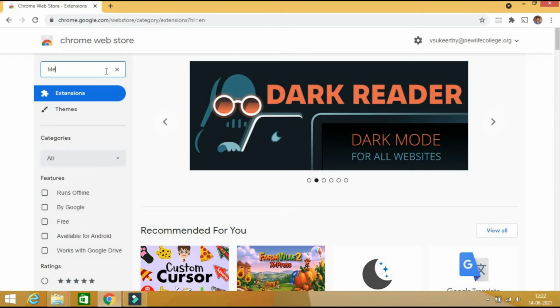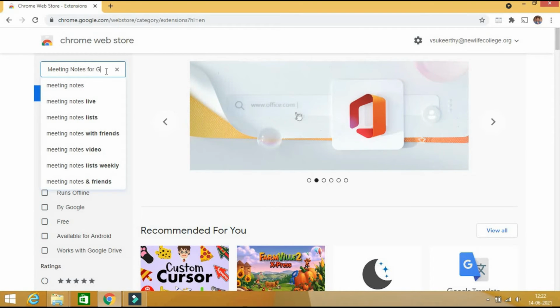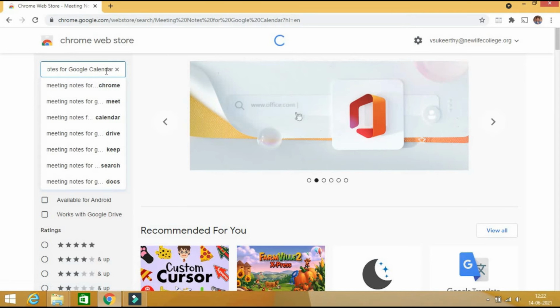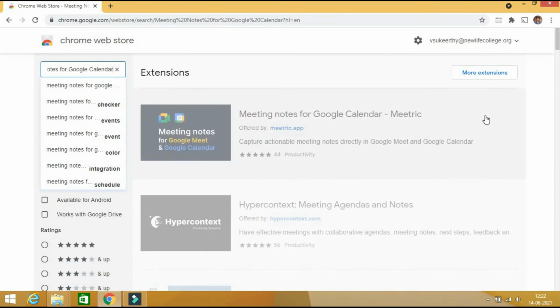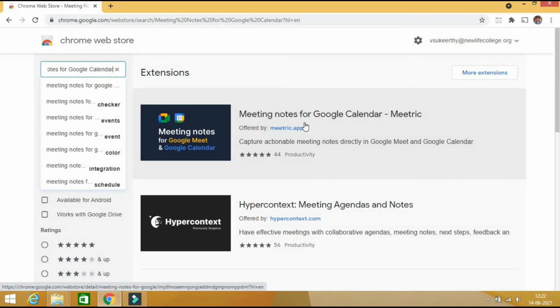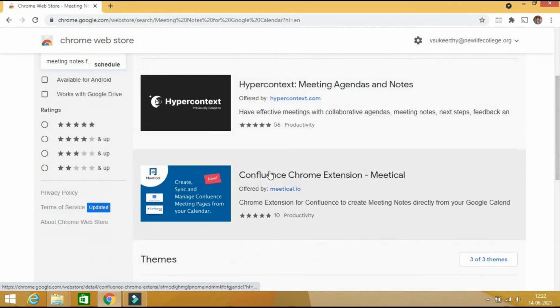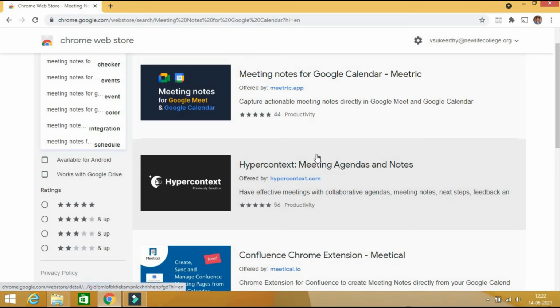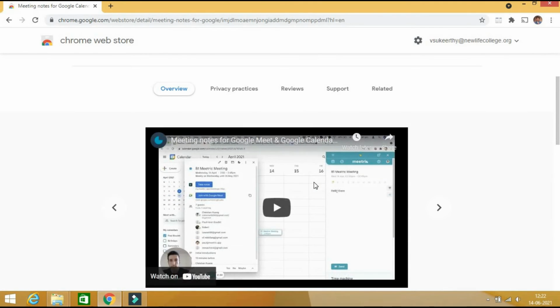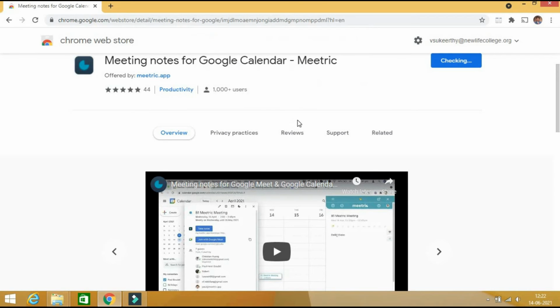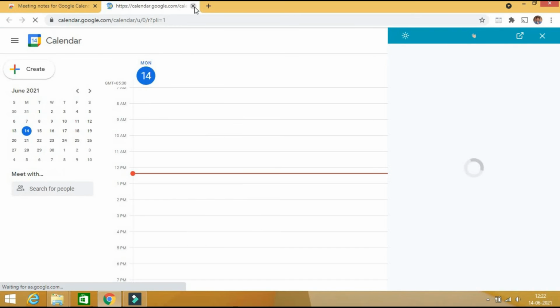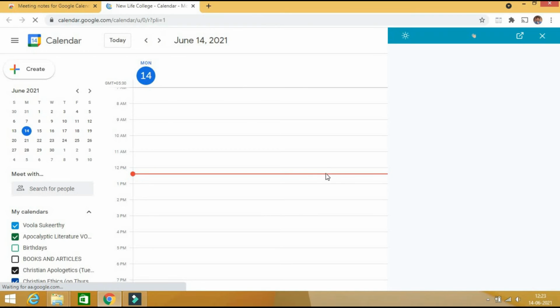Meeting Notes for Google Calendar is another handy extension. If you are very particular about taking notes in the official meetings of your organization, for example, you are in a Google Meet and during the meeting you want to take notes related to a meeting that is planned for the future, and you want to put that note in the calendar, you can do that in Google Meet itself directly by choosing the particular date and time, and that will insert the note directly into the calendar.